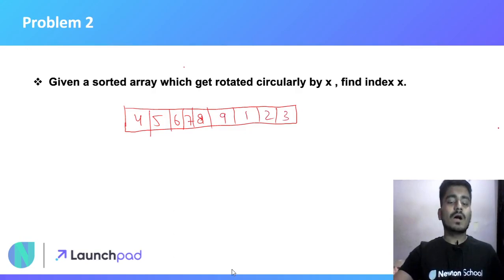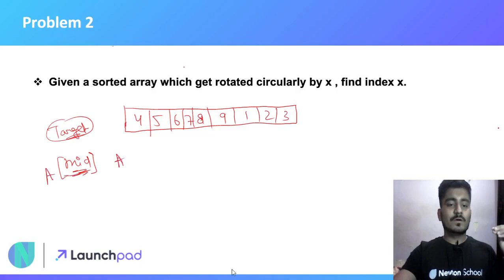Now I will implement a standard binary search, and in a standard binary search we find the mid index and compare it with our target. But right now my target is a of mid plus 1, sorry, the element at mid plus 1 index.